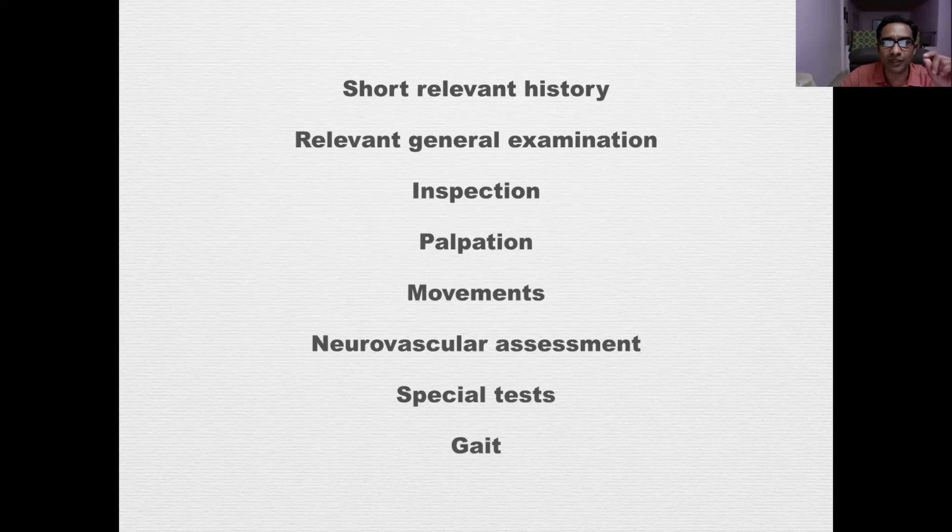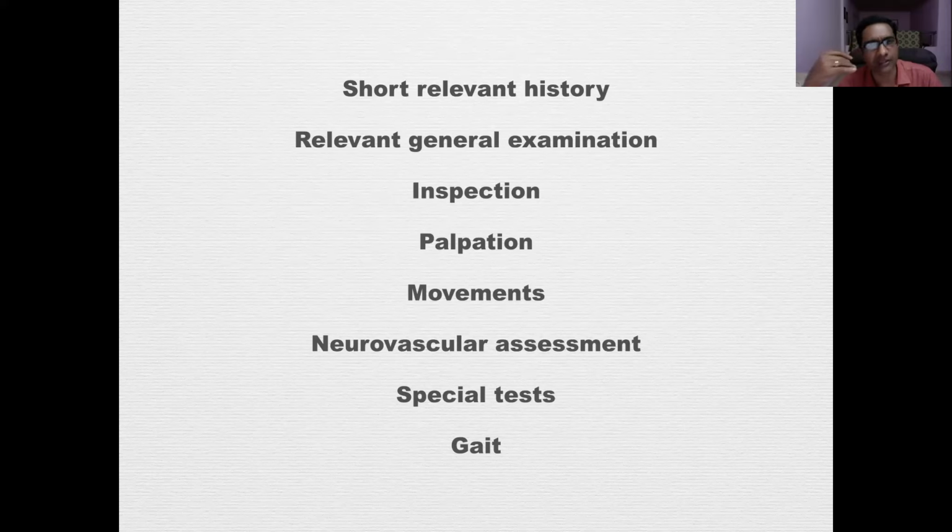Check movements. When you check movements, describe them typically in degrees. It is good to focus on how to do ankle and subtalar movement. Do a good neuromuscular assessment. Most of the special tests in the foot are tests for flexibility, whether they're the Silfverskiöld or the Jack's tests. The tests essentially are testing for flexibility of the foot. The Coleman block test is also that. And end by describing the gait.